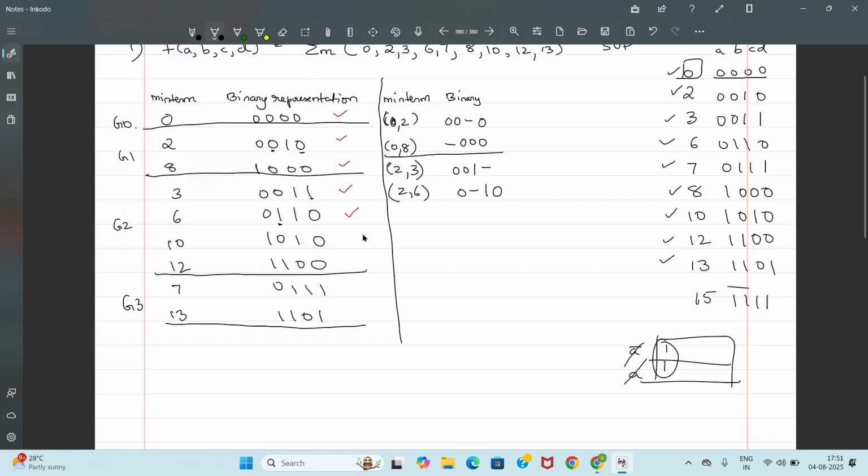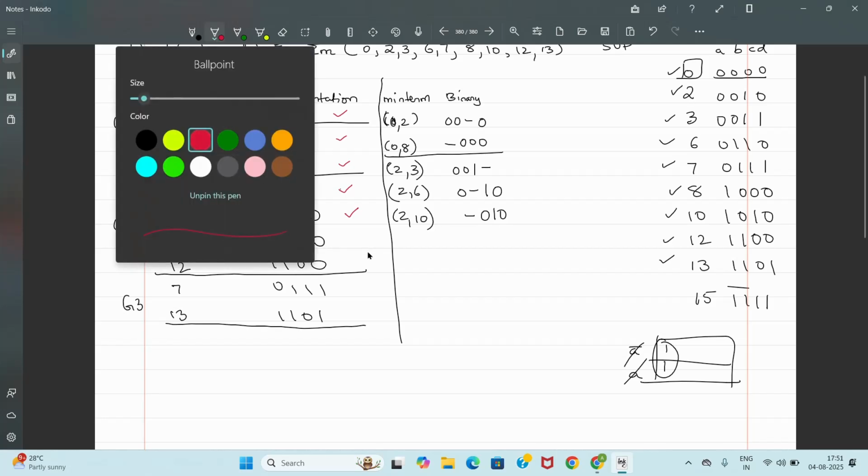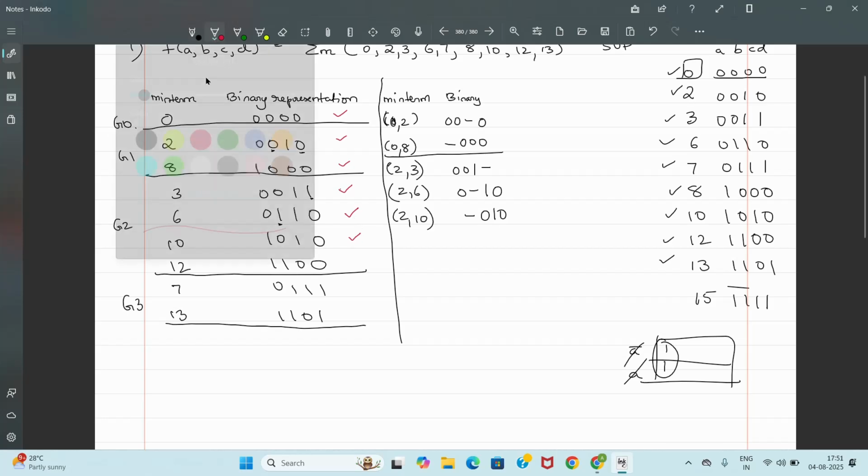Next, I have to compare 2 with 10. So 2 with 10 also it is possible because 0, 1, 0 is same. Only the first MSB bit is changing between 2 and 10. I can combine them. So it becomes dash 0, 1, 0. Okay. Whichever bit has changed, I have nullified it. Remaining bits are written as it is. And once again, you can use a different color pen so that you'll not be confused later whether it is